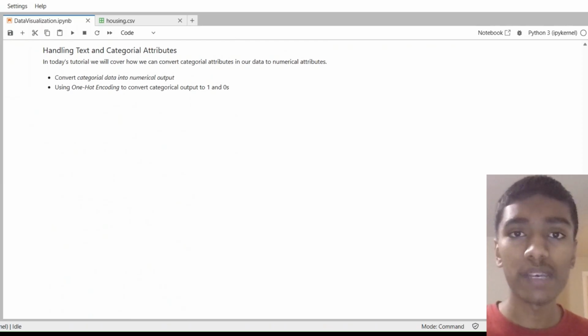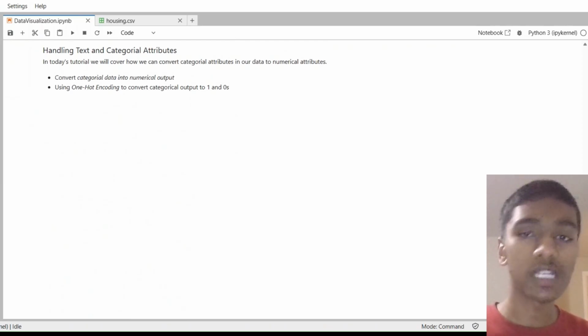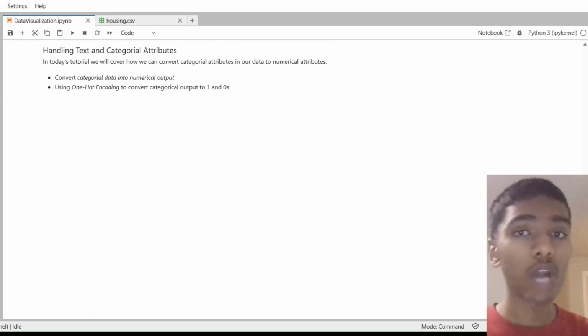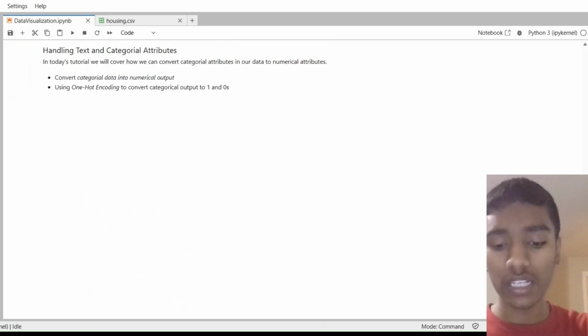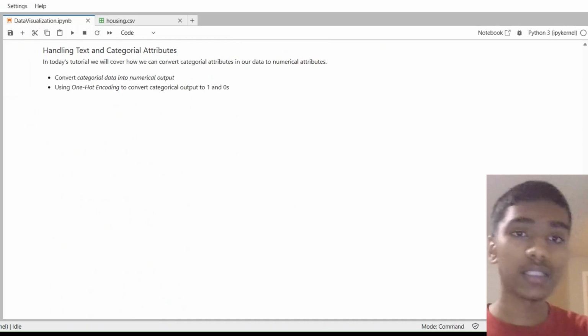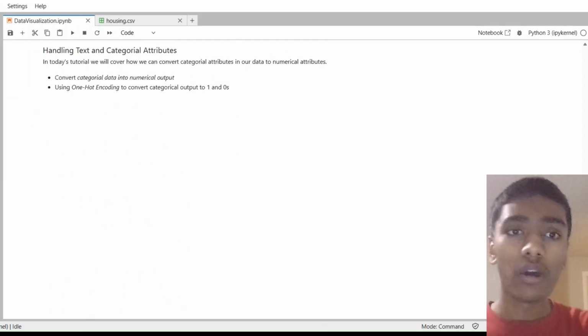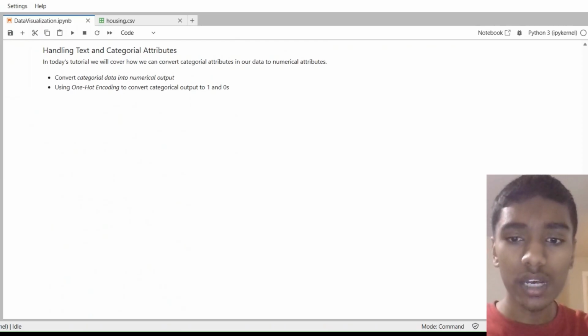and we were able to set zeros and ones. We learned what a sparse matrix was. We learned how we could convert a sparse matrix to an array, how to use the categories underscore property in the OrdinalEncoder as well as the OneHotEncoder class when we declare it as an object created at runtime. All right, so that's what we covered in today's lesson. In the next lesson, we're going to move forward